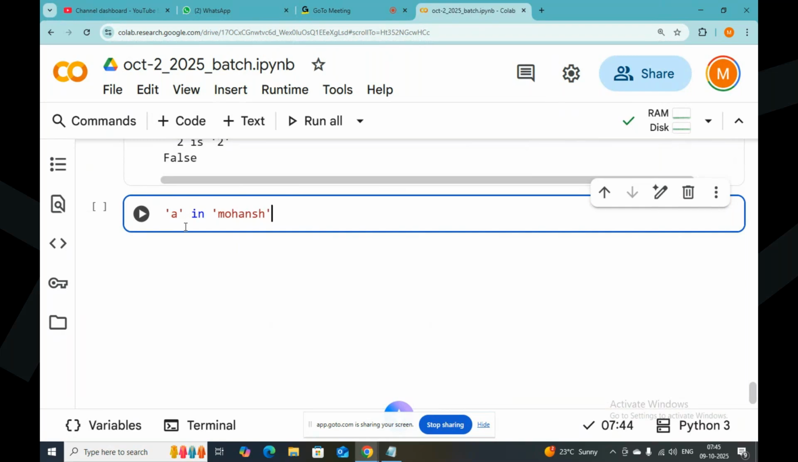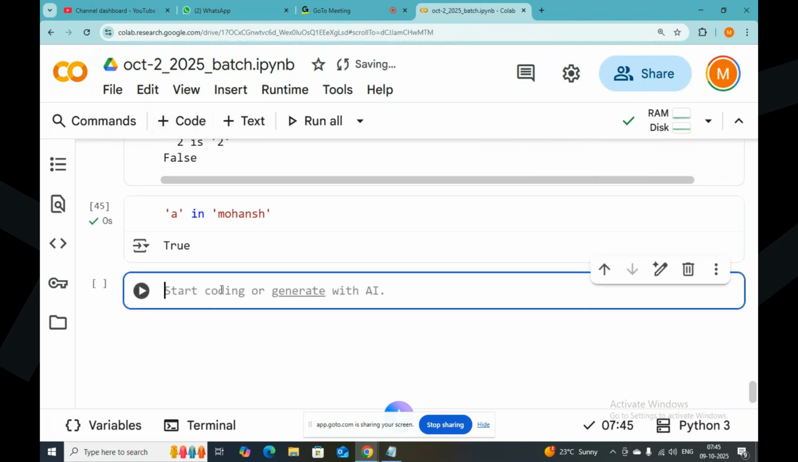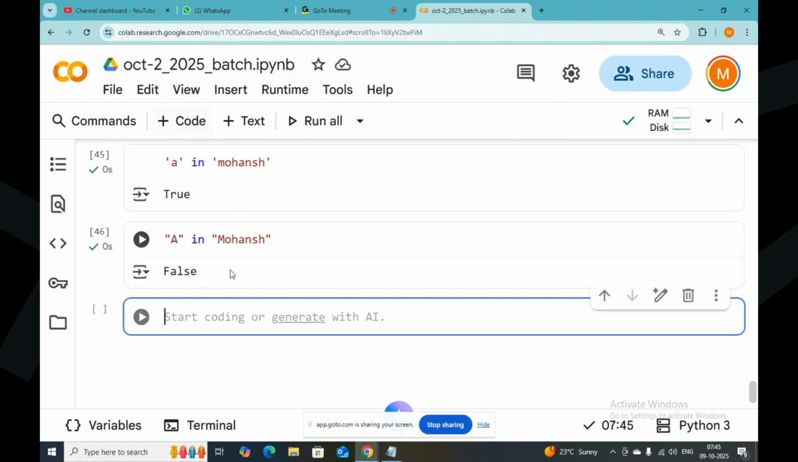"a" in "Mohansh". Just tell me, is "a" available in "Mohansh" or not? True, obviously true. Okay, let me tell you: "A" in "Mohansh". Now, False. False, obviously. Okay, I'm just telling something like "Sirisha"